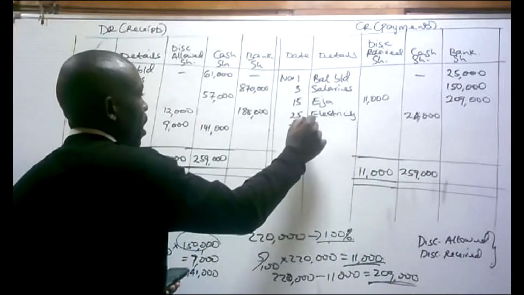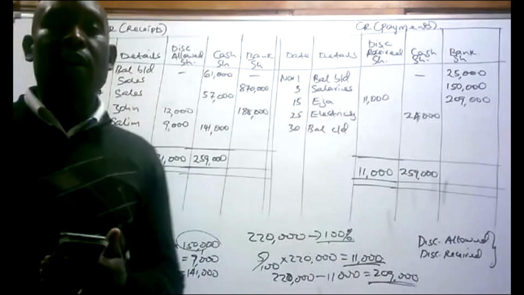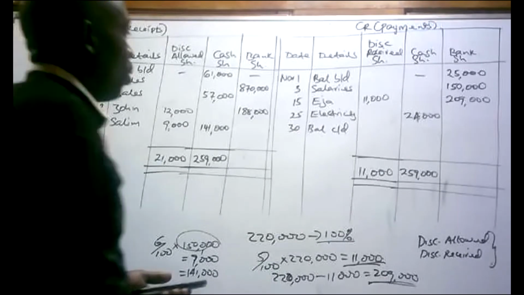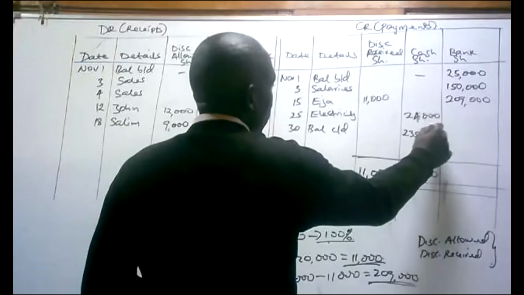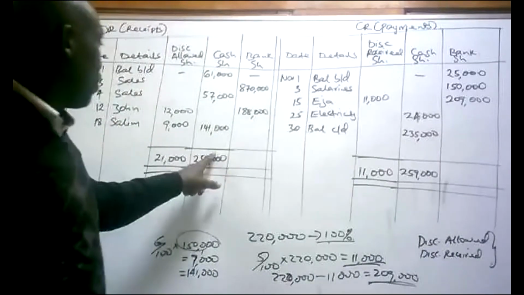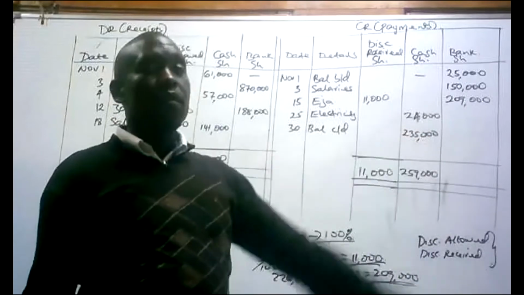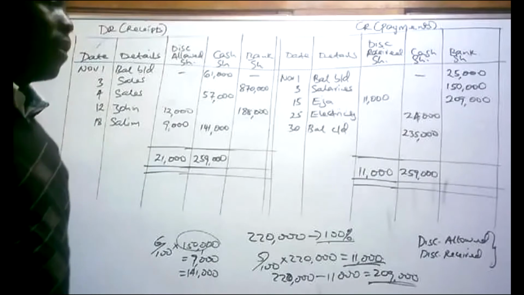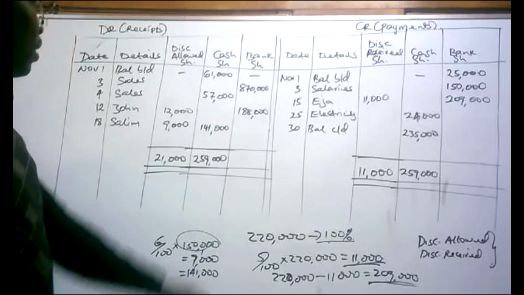The difference here now is the closing balance. The closing balance is captured as balance carried down. For cash, 35,000. We received 259,000 and we paid only 24,000. The difference of the receipt minus the payment is the balance that we have in our cash box. For the bank,